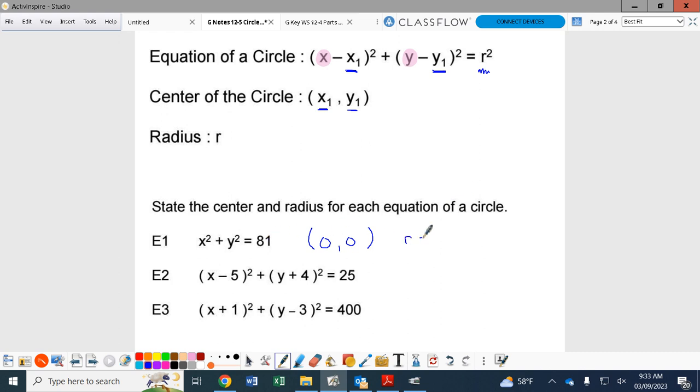R equals, guys, to find that. How do you work backwards from squaring something to find out that radius? Yeah. So take that and square root that. What is the square root of 81? 9. Perfect. That's it. You just pulled out the center. This is the center. And you pulled out the radius. So now you could crack it. Here we go. The next,